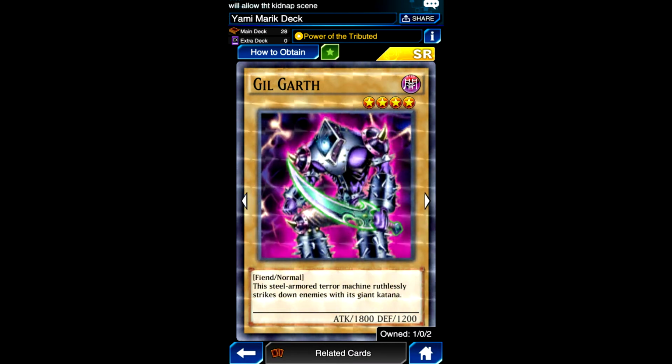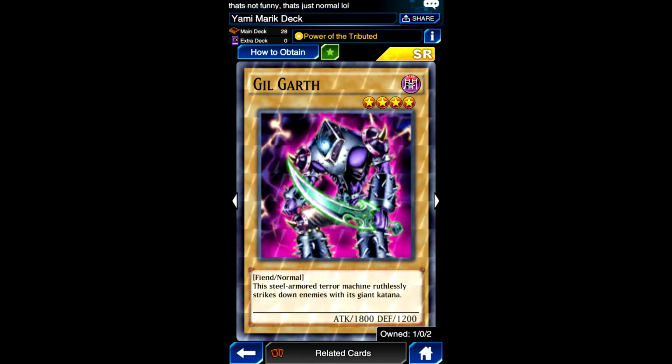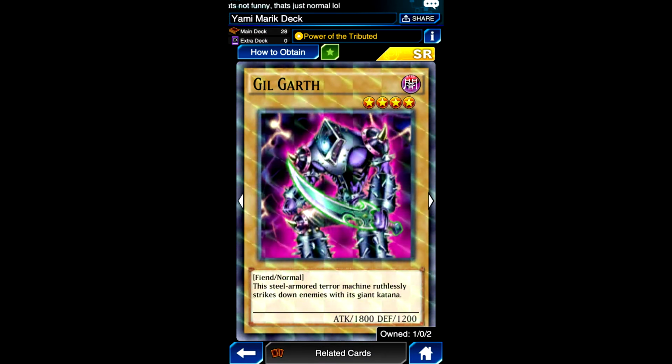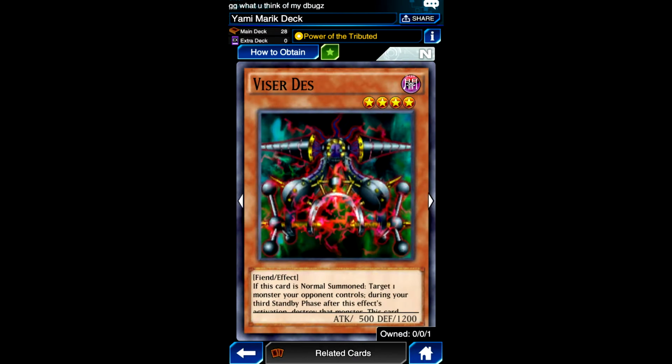Gilgarth, one of the best just all around normal monsters in the deck. Well, I think it might be one of the only normal monsters in the deck, but it's great to see it with 1800 attack points. Oh, and a note about Visor Des is they changed it from a machine to a fiend for some reason, so machine duplication can no longer be used in its original